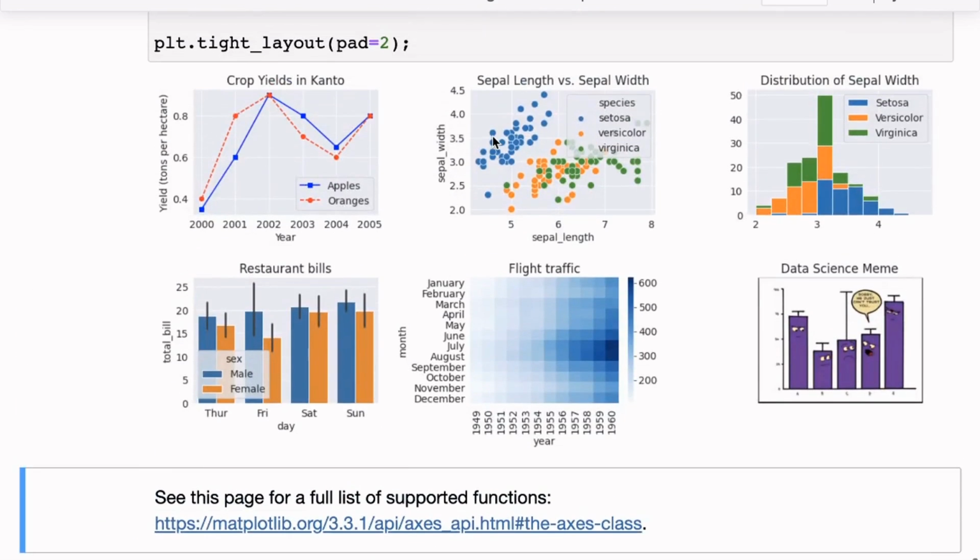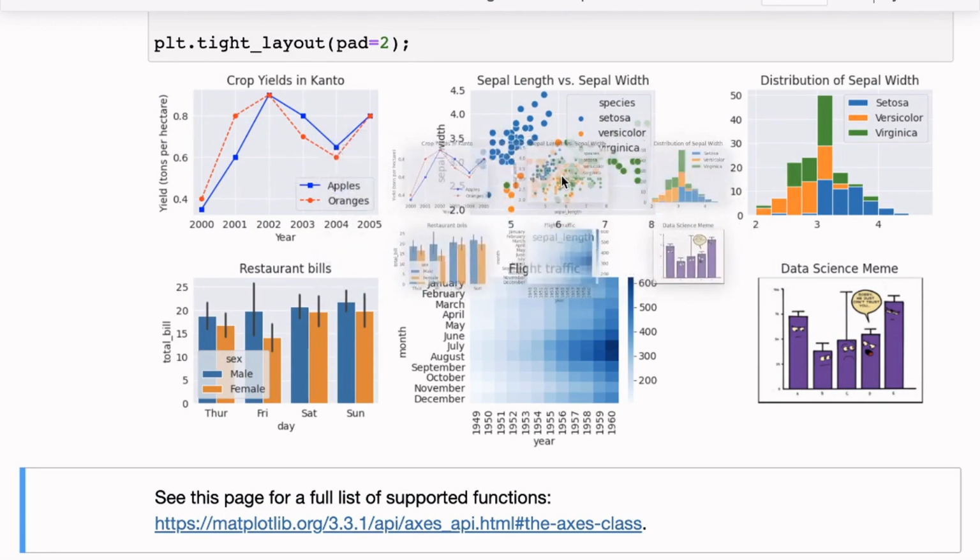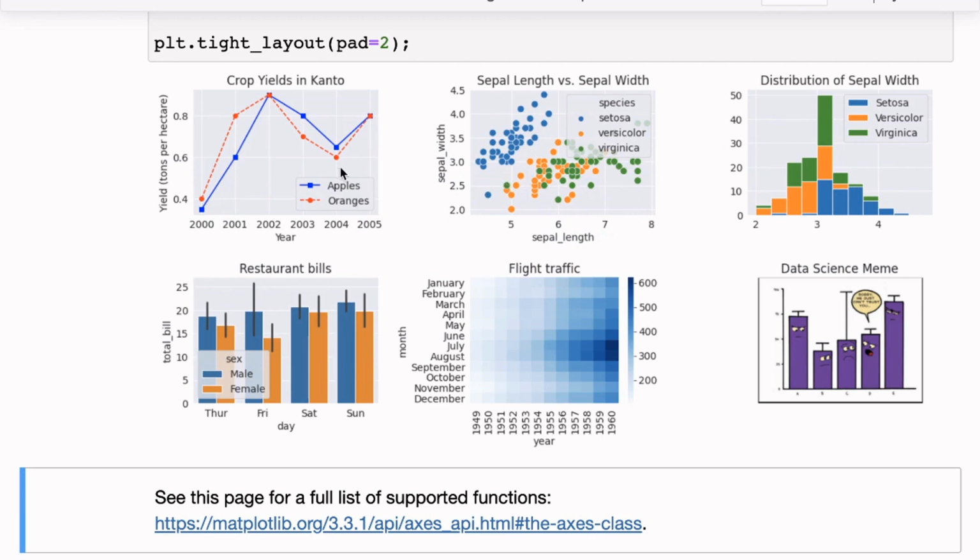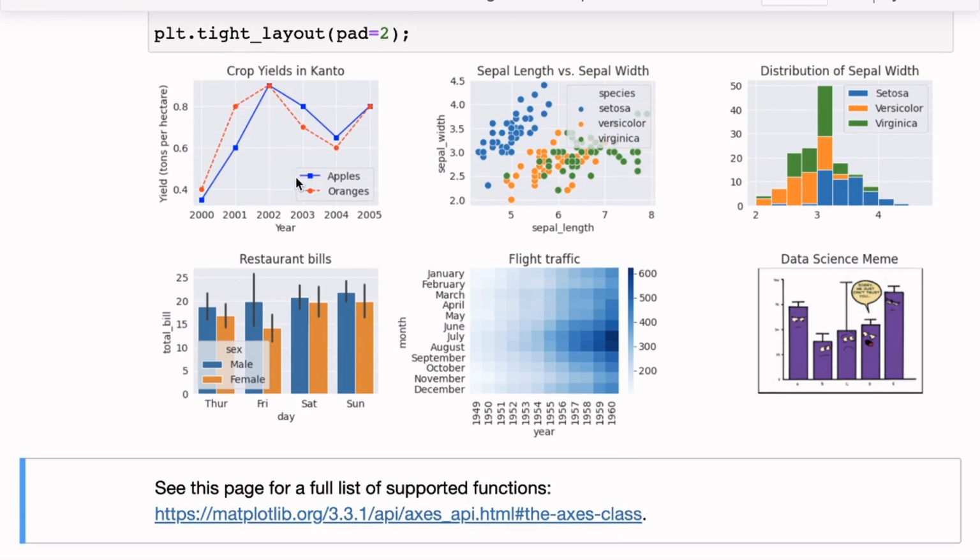So once we use subplots, and then in each subplot we draw something, we end up with a single image. So you can see this, if I drag this around, this is a single image. In this single image, we have 6 plots, and in these 6 plots, we have all the different kinds of graphs that we've drawn. So let's do a quick review as well.